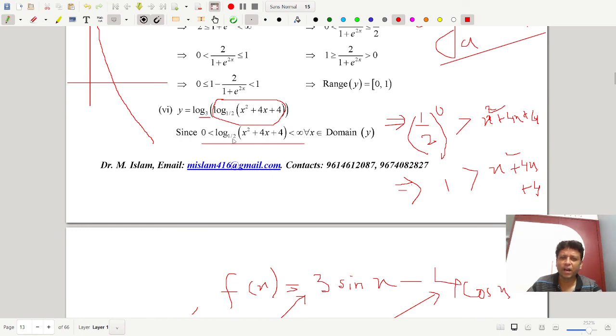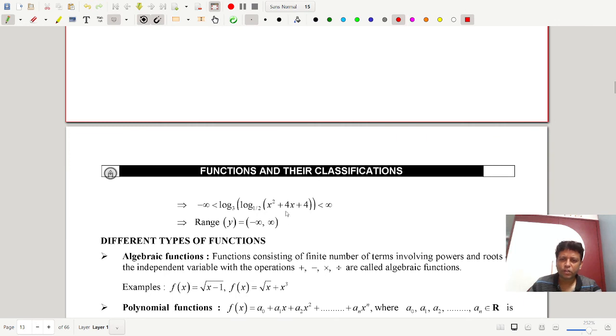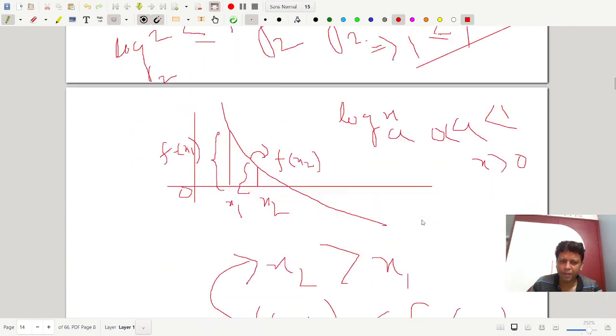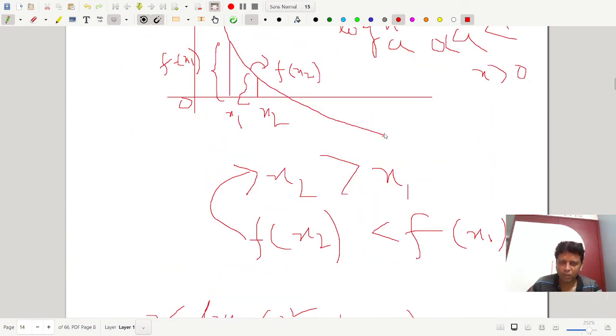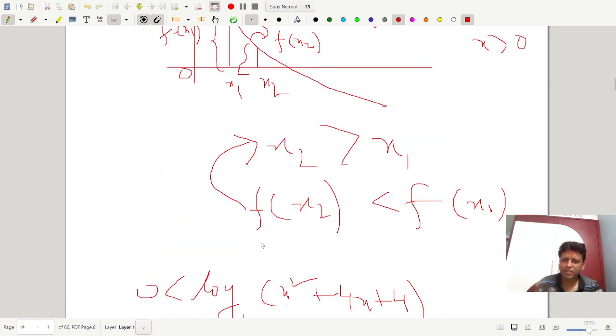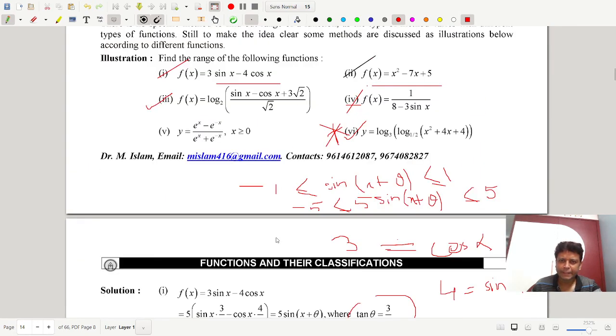So now you will get the range for that. Because log is removed, you will get this. So range of y is minus infinity to infinity. That is the only calculation you have. Okay? This is the main important thing: if you have base less than 1, then the inequation will change, greater than to less than, less than to greater than. Careful observation is required here. Okay, everybody? That is about your range.